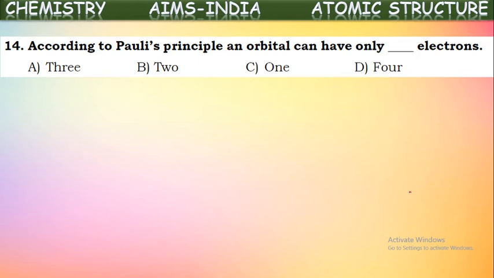those electrons, an orbital can have a maximum of two electrons, one with the clockwise spin, the other with the anti-clockwise spin. So an orbital can accommodate a maximum of two electrons only. One will be the clockwise spin, the other will be anti-clockwise spin. If you write the quantum numbers for these two electrons, they will differ in the spin quantum number. Even though three quantum numbers are the same, they differ in the spin quantum number value.